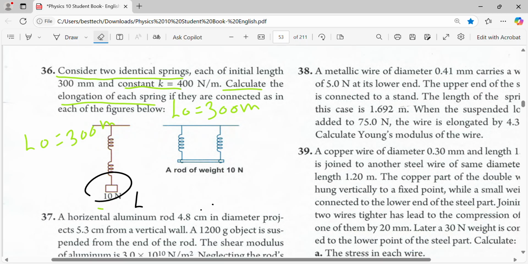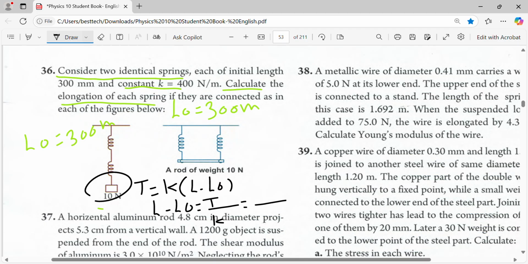We have to apply Hooke's law equation: T equal to K bracket L minus L naught. Divide both sides by K, so L minus L naught equal to T over K. Okay, guys, for the picture it's written